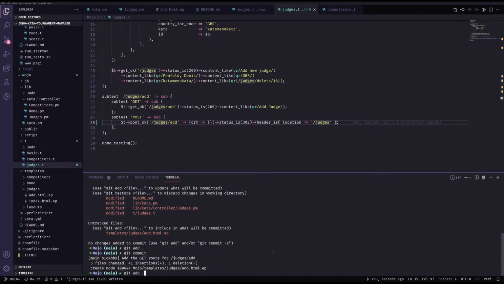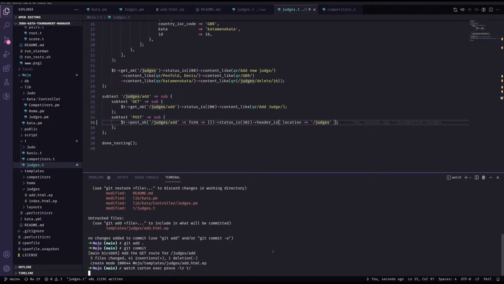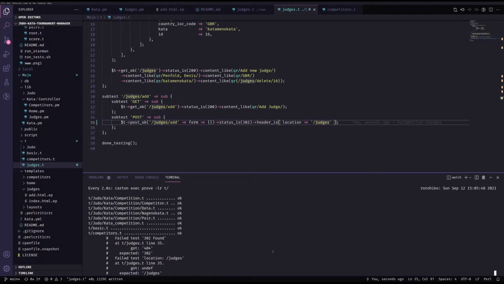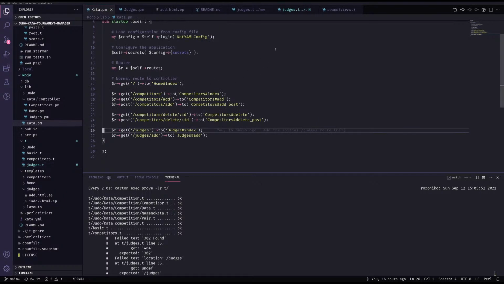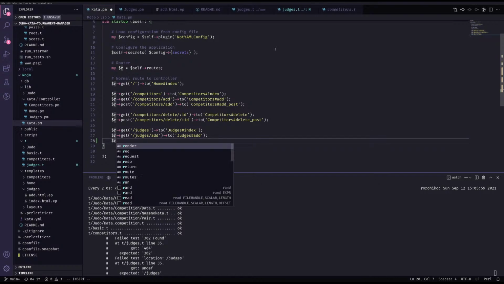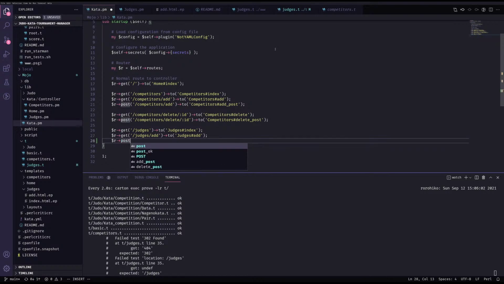I haven't got the tests running because there is no post route. Yep. So again, go back to here, go to Carter. I haven't got a post route. And you can see that's pretty simple. So again, we're going to set up a route. It's a post route. It's to judges add,